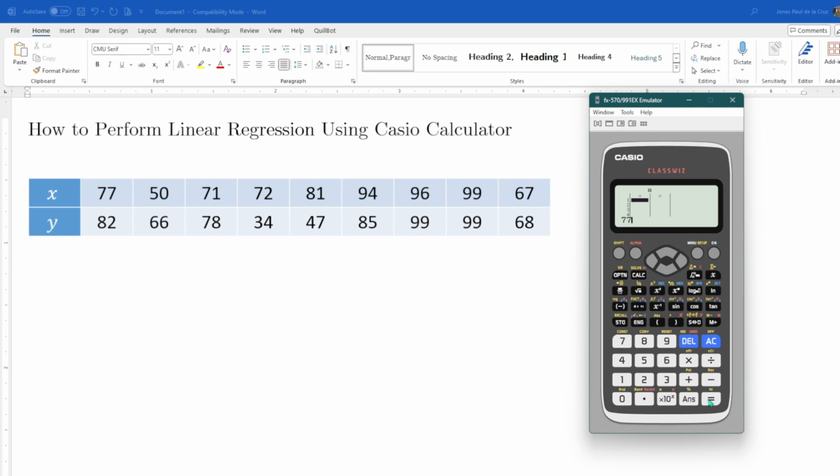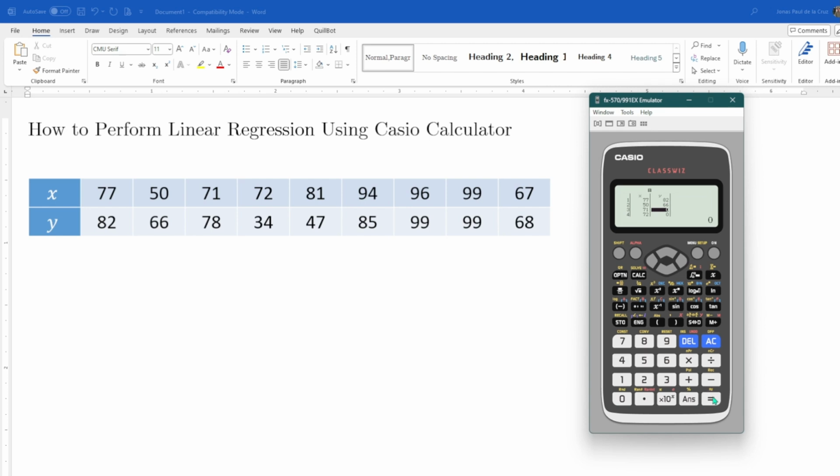So 77, 50, 71, 72, 81, 94, 96, 99, 7. And for their corresponding y values, we have 82,